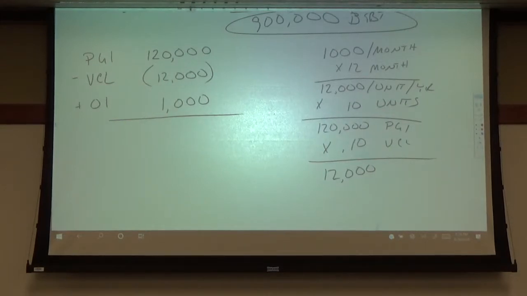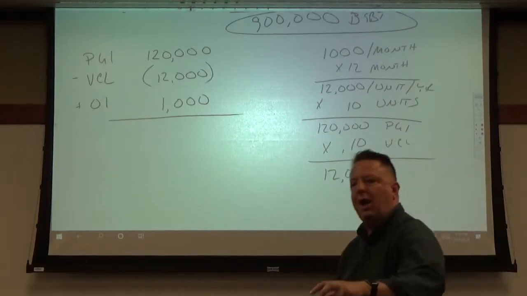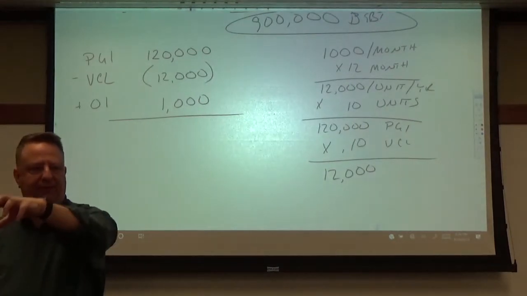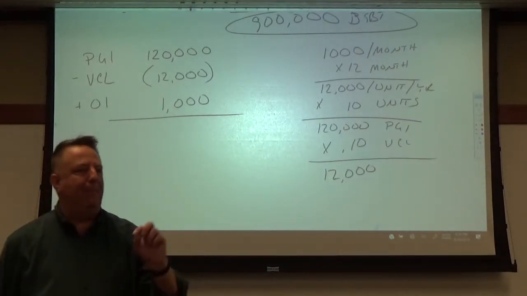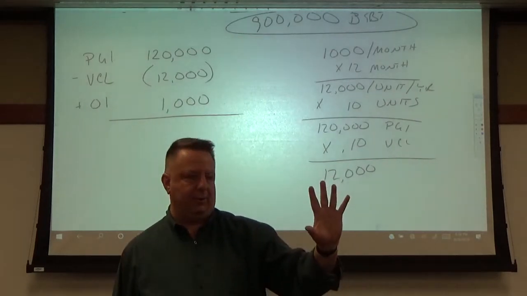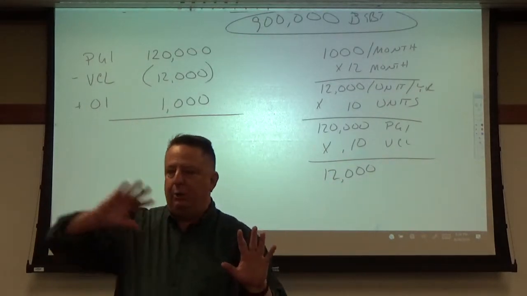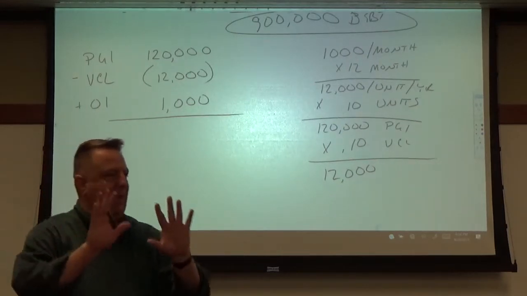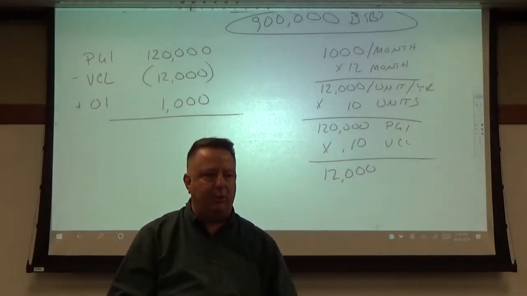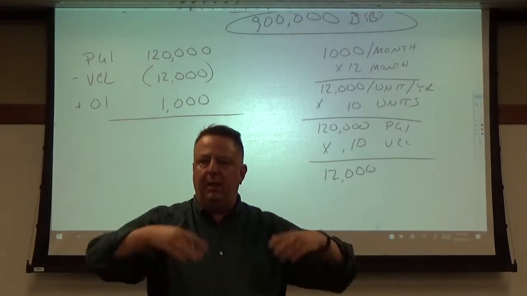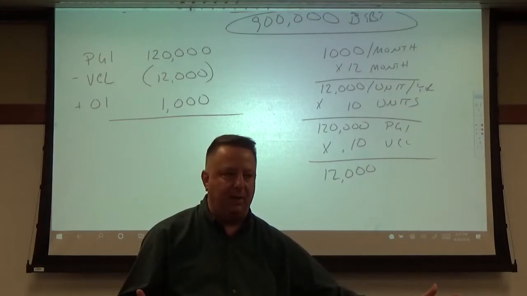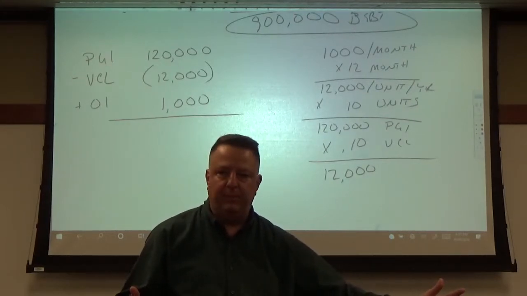Does that make sense? Okay, but what's more interesting about it is the cost to actually build that parking and to finance that parking structure might only cost you $5 a month. So if you're charging them $25 a month to actually park there, you're going to be making $20 per space per month, pure profit, with no maintenance or really upkeep cost. Does that make sense? Okay?